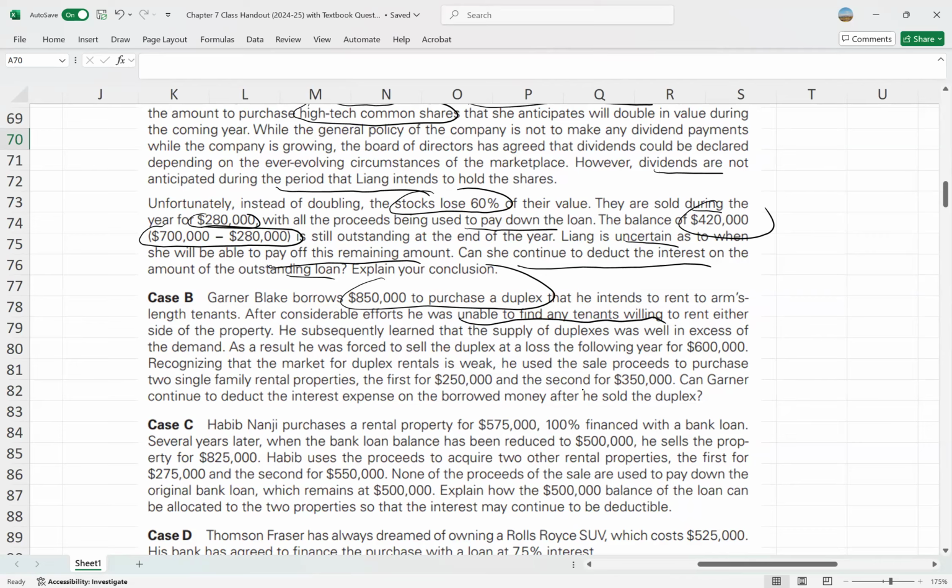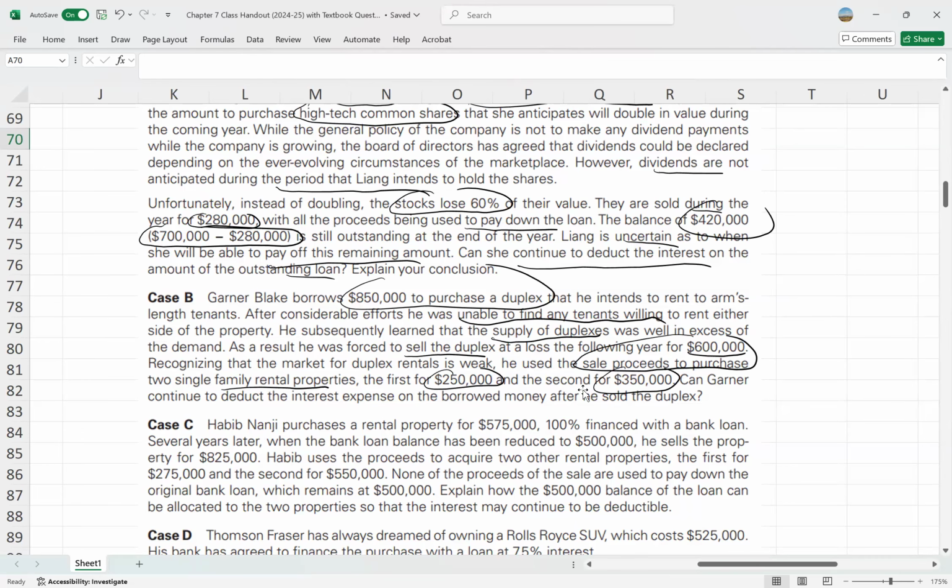So he then learned that there was an excess supply. That's why he wasn't able to rent out the duplex. So he sold the duplex at a loss. He sold it for 600,000. He bought it for 850. What he did was he used the 600,000 to buy 2 new properties, the first for 250 and the second for 350. And so then the question is, can he still deduct the interest that's being paid on the original